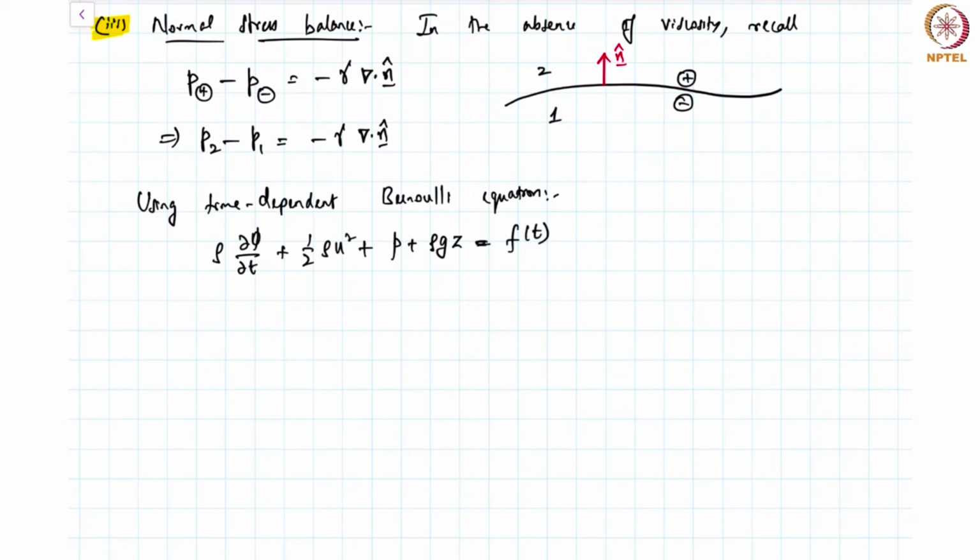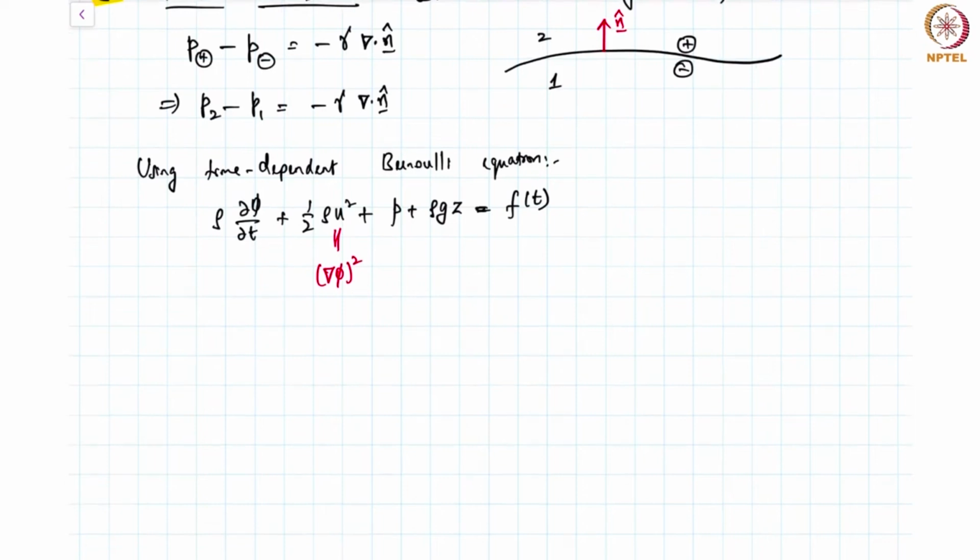So you may have seen the Bernoulli equation without the time dependent part, that's the first term, and therefore the constant also can be a function of time. And this velocity here is nothing but the gradient of a scalar, and because we have velocity square, we have a gradient of that scalar whole square. Okay, so now what I can do is we can define